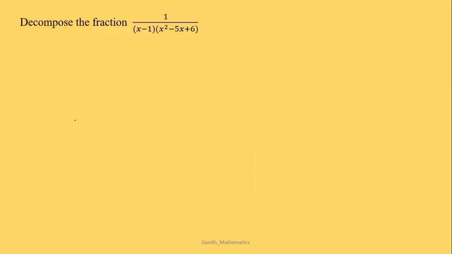Decompose the fraction 1 divided by x minus 1 into x square minus 5x plus 6. Look at this problem. It is not coming under the category, but we can factorize this quadratic equation. So this is a quadratic equation, x square minus 5x plus 6. Okay, so in our elementary school we used to solve by using the tree method, right? When two terms are multiplied, it will be 6, and addition of two terms will give 5. So I am considering 2 and 3. 2 3s are 6, so the multiplication term has arrived.